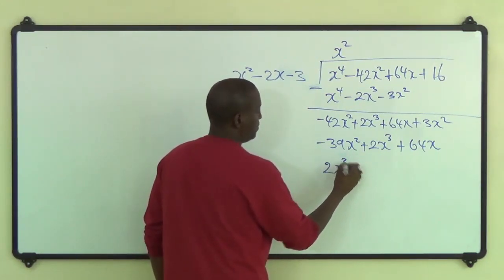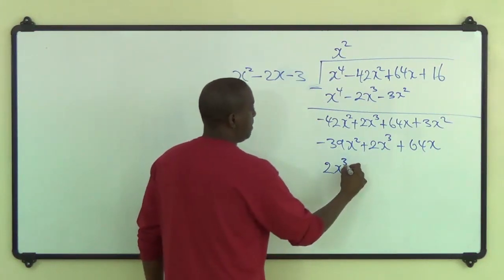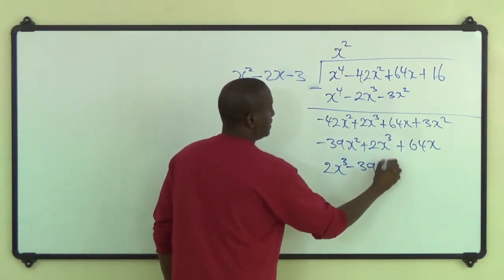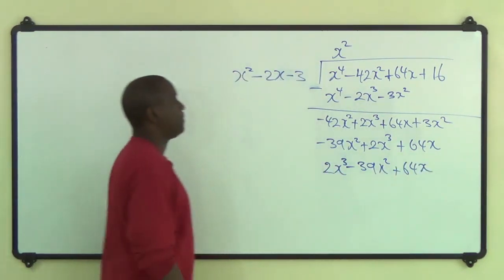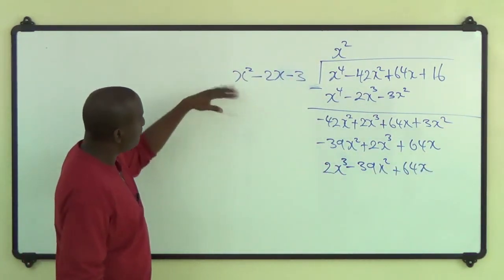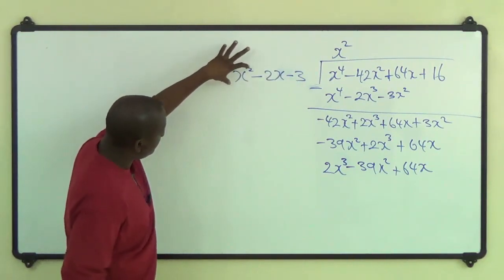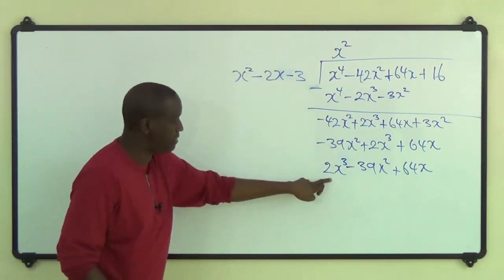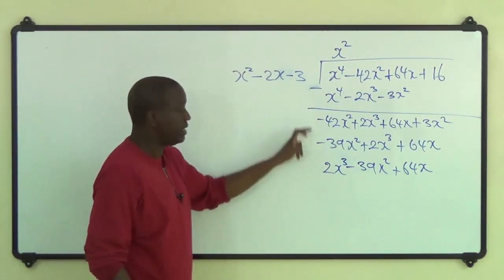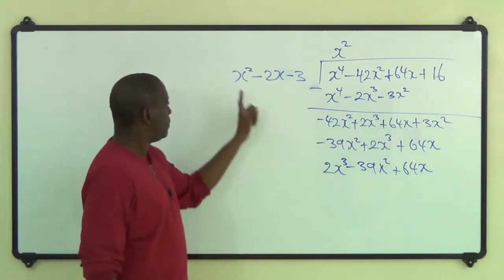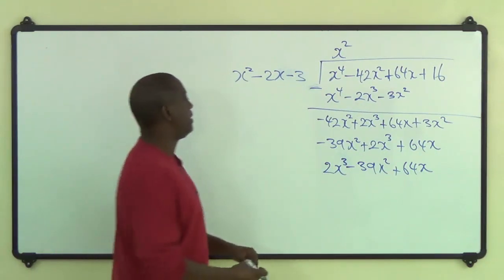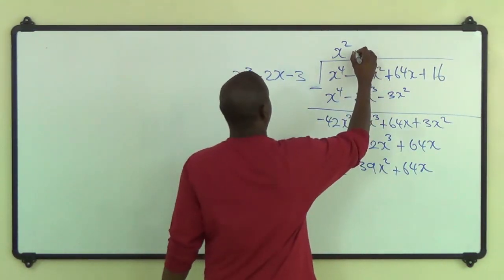So 2x cubed will be the first term, minus 39x squared plus 64x. And now we're dividing the x squared from here into this, not these two. These two lines would just be regular arithmetic going forward. So we divide x squared into 2x cubed here, and you will get